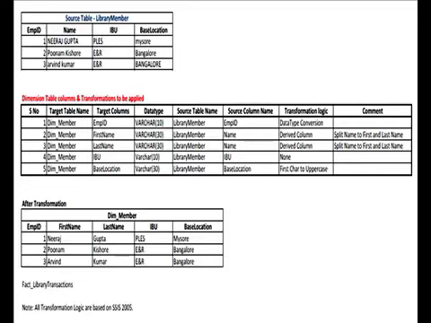Now, on the basis of this data mapping specification from source to target, and for each column based on the different types of transformation logic that we have applied, the data that is finally stored in dim_member is shown in the third table below, and the heading of this table is after transformation.